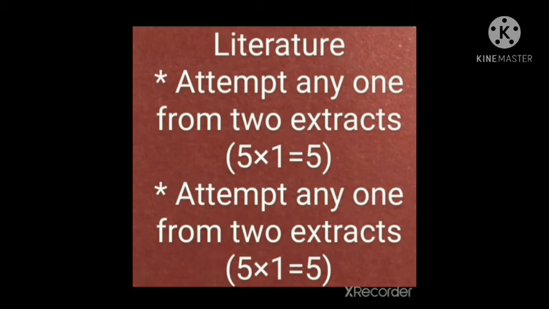Same way, one more question is there, question for A and B, and you have to choose A or B, and write the 5 questions in A or B. Okay, so 1 mark each for each question. So total 5 plus 5, 10 marks in literature. So extracts will be given, and each question you can see the options. You choose the correct option and write the answer.